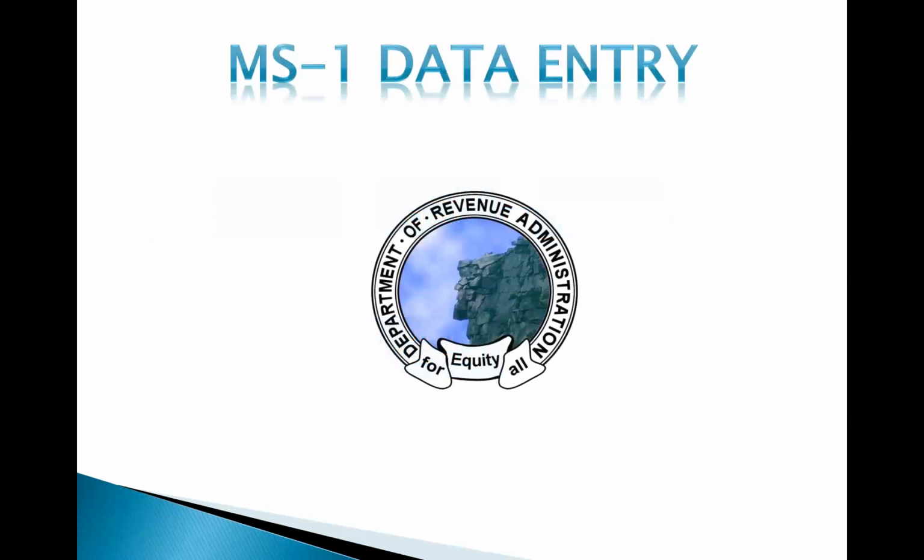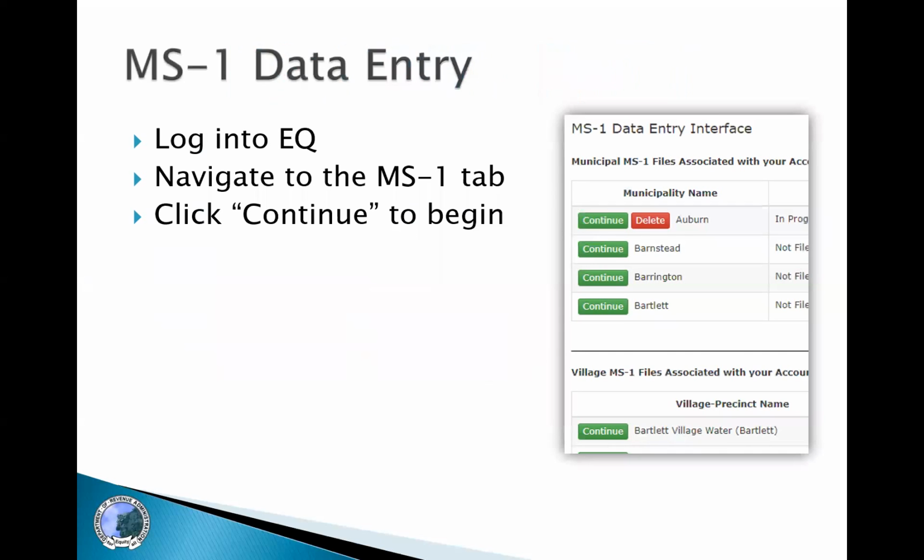So MS-1 data entry. When you log into the application, you're going to navigate to the MS-1 tab and then click continue to begin with. And you'll see I have multiple municipalities shown here. If you are a contract assessor or an assessor that operates in multiple towns, you should see all of the towns that you have access to. You'll also see their village precincts down below to file your MS-1 Vs. So clicking continue will bring you into the MS-1 interface,